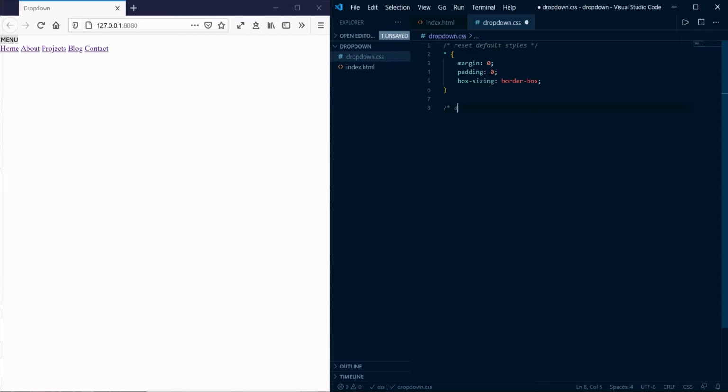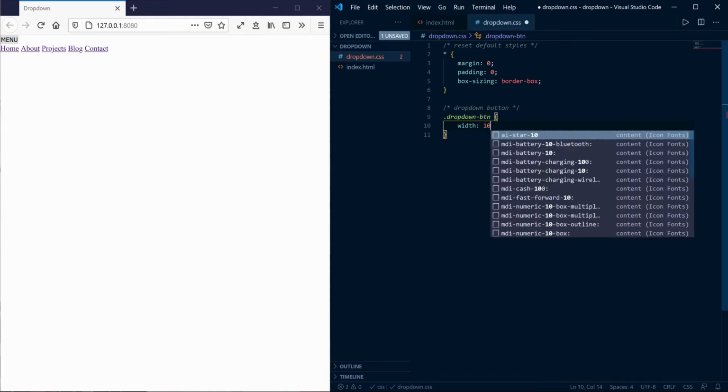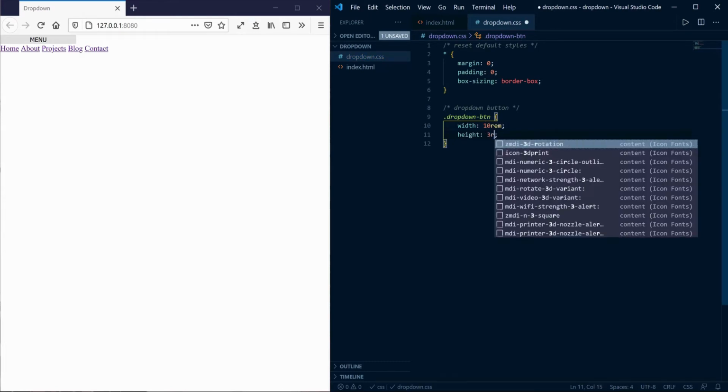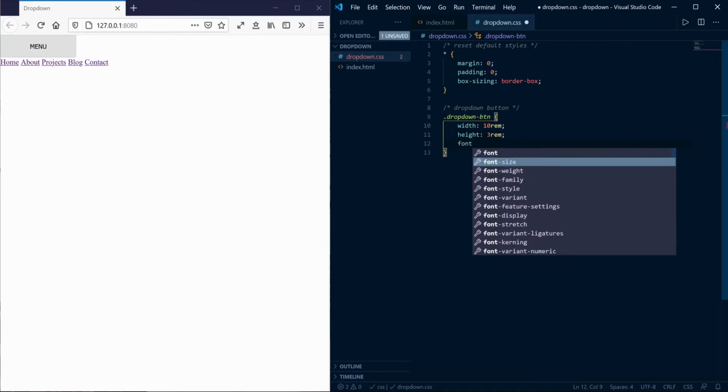Now we will style our button element. Select drop down button and set width to 10 rem. Set height to 3 rem. Set font size to 1 rem.